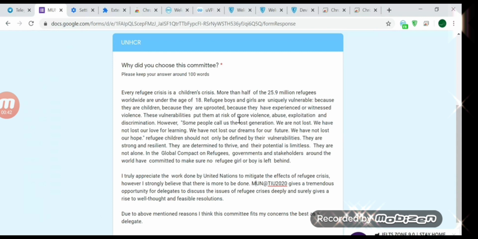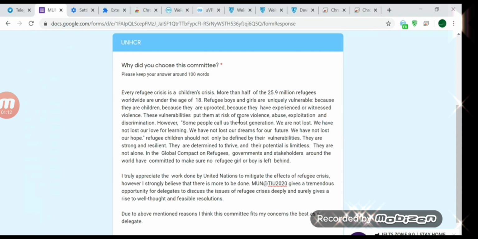However, if it's not captivating, she just leaves your essay and moves on to the next applicant's essay, because maybe they don't really have time checking thousands of essays, thousands of applications. So try to make it as captivating as you can for the reader to understand and to see that you are the most worthwhile person who is applying to this committee.